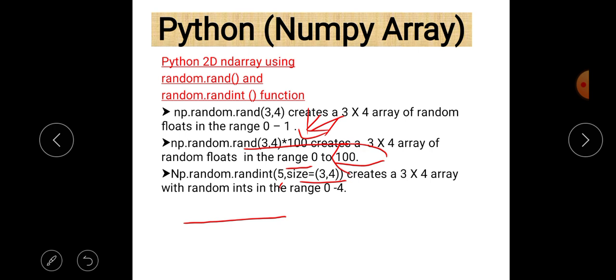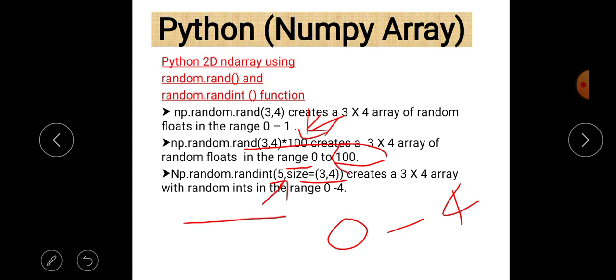Size is basically the dimension, the number of rows and columns. First the number of rows is given, and after that the number of columns. So 3 comma 4 means 3 rows and 4 columns, and the first parameter value is 5. It will give you a range from 0 to 4. Always remember that the last value is not included, it is always excluded.